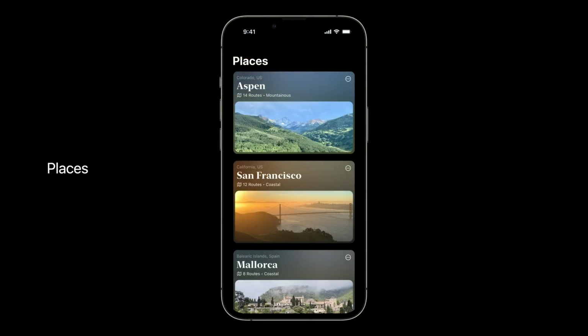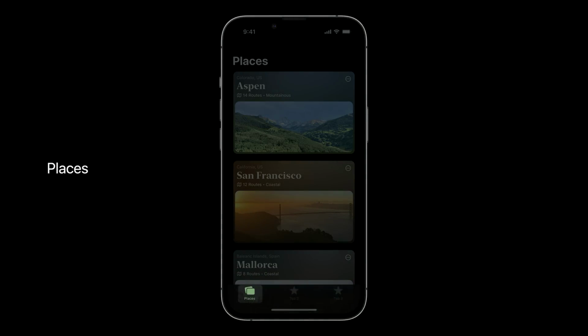Places can become the top level of the hierarchy when navigating to routes. As you can see, there's a lot of content in this workflow alone, and it's really key to the value that this app provides. This is great justification for a tab bar item. Notice now how it's self-contained. It wouldn't make sense to put anything in this tab that isn't about a place.